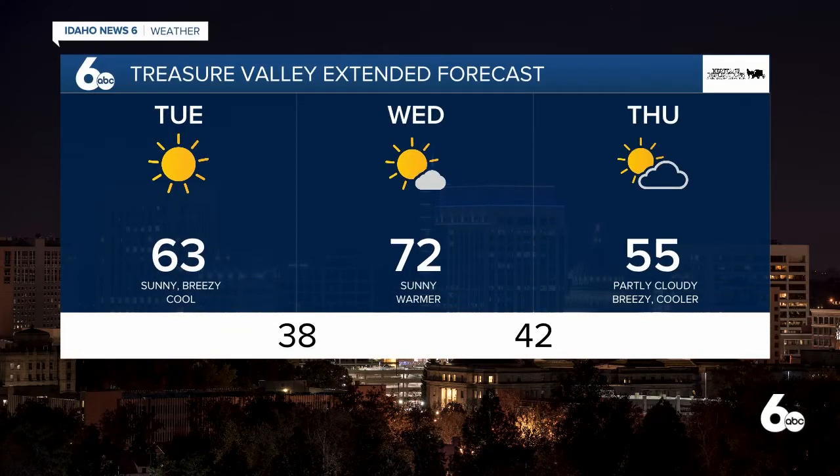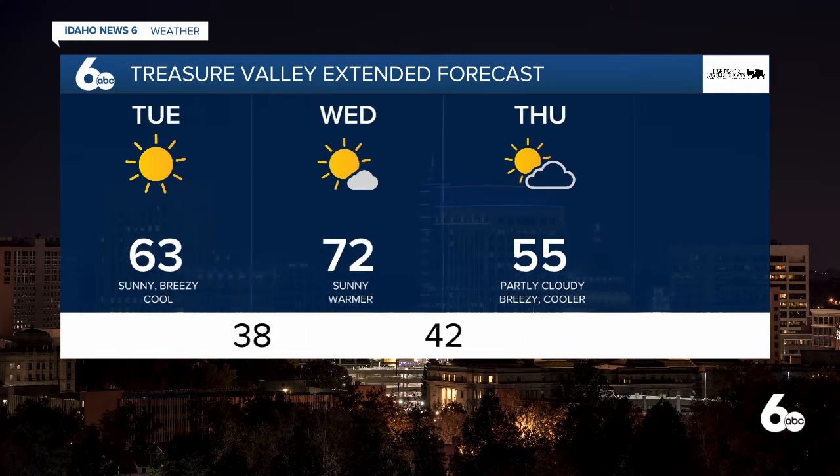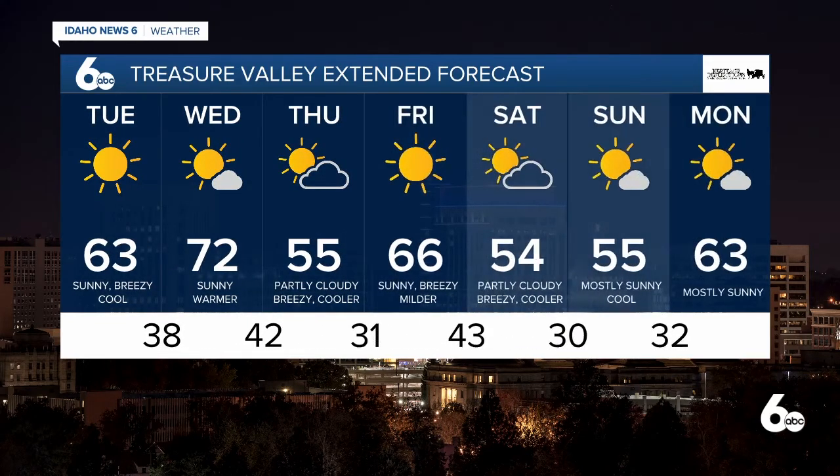Here's my extended forecast, and you'll notice 63 tomorrow, 72 on Wednesday. We're right back down to 55 on Thursday. And as we go through the extended forecast, this coming weekend is going to be much cooler than last weekend. We warm up again Friday and cool right back down over Saturday and Sunday as progressive systems come through, keep bringing in some of that cooler weather, with lows dropping down to near 30 by Sunday morning. So looking ahead to this weekend,